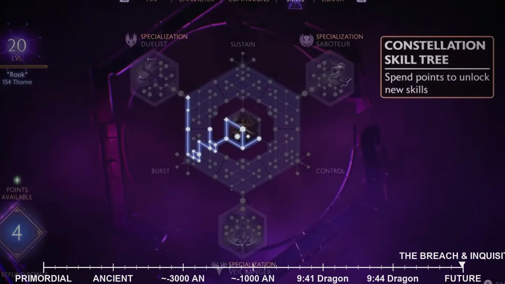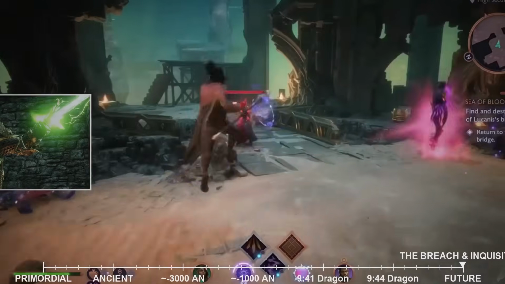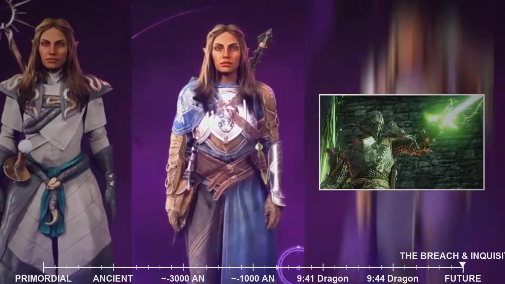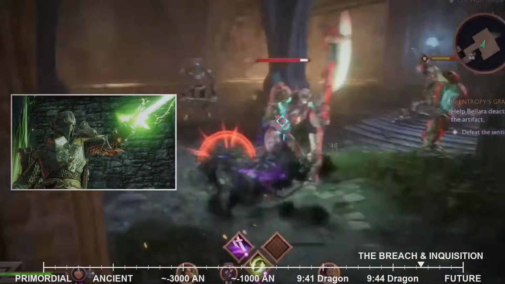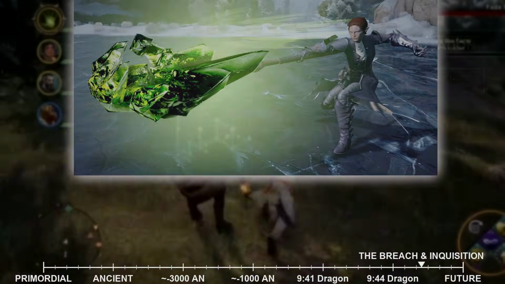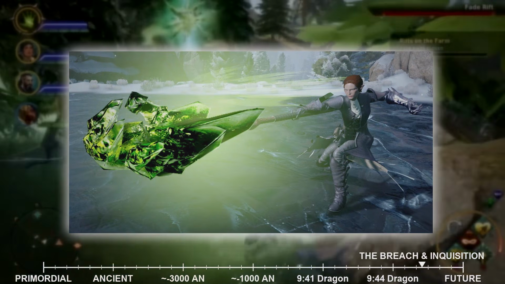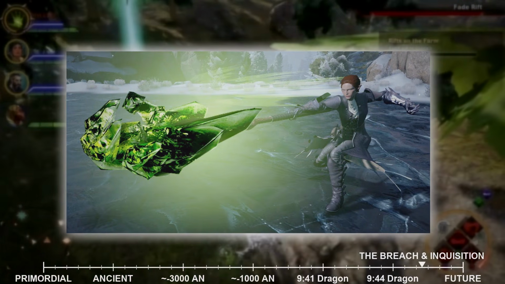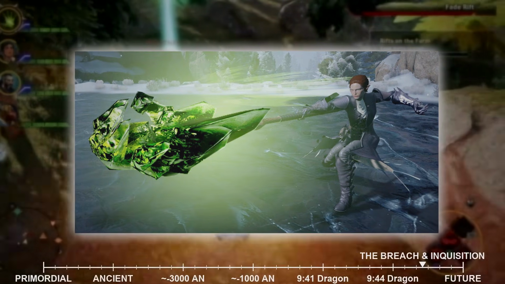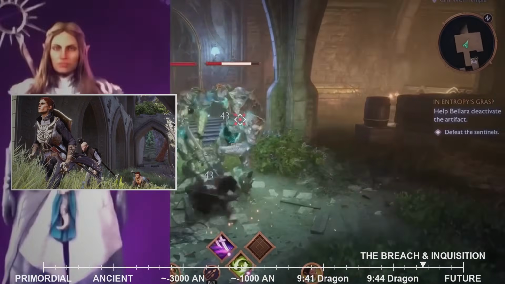However, the defeat of Corypheus, while a triumph, comes at a significant cost to the Inquisitor. The mark, the glowing green mark on their hand that allowed them to seal Fade rifts and defeat Corypheus, begins to destabilize. This destabilization is not merely a loss of power, but a painful and potentially fatal condition. The mark, having absorbed and channeled immense amounts of Fade energy during the confrontation with Corypheus, now struggles to contain that power. It begins to glow erratically, causing intense pain and threatening to consume the Inquisitor. This immediate consequence of victory highlights the dangerous nature of the Fade and the immense burden the Inquisitor has carried.